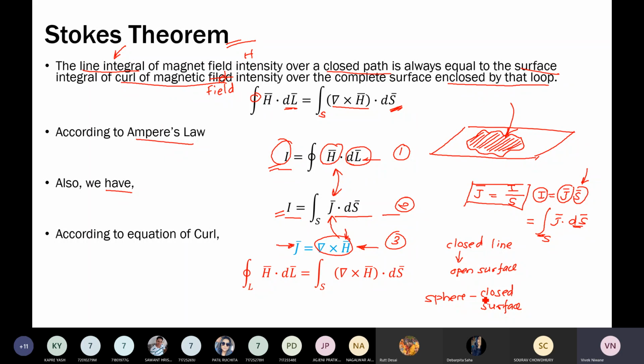Those who have done 11, 12 standard physics, they already studied the Stokes theorem and solved numericals based on Stokes theorem. In first year diploma physics, I feel that you may or may not have Stokes theorem, but it's okay. For the sake of mathematics, this is the thing. Line integral relation with the surface integral relation. That's it. You have to remember. You can have an MCQ based on the Stokes theorem expression.